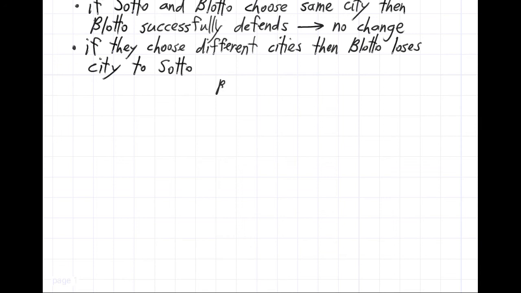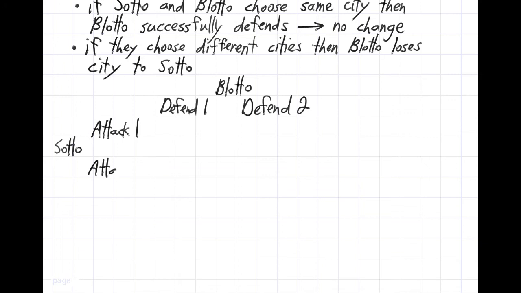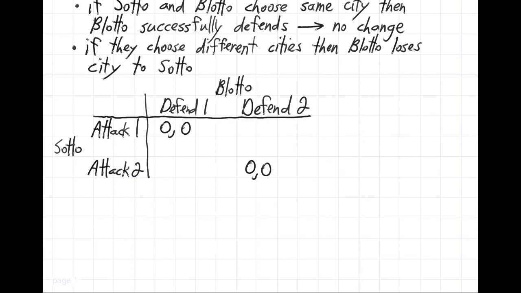So we have Blotto, who has the option of defending City 1 or defending City 2. And then we have Sotto, who has the option of attacking City 1 or attacking City 2. If they choose the same city, then Blotto successfully defends and there's no change. So nobody gains anything. So that means the diagonal elements are 0 and 0 for both players. Nobody gains, nobody loses. On the other hand, if Blotto defends City 2, but Sotto attacks City 1, which is worth twice as much